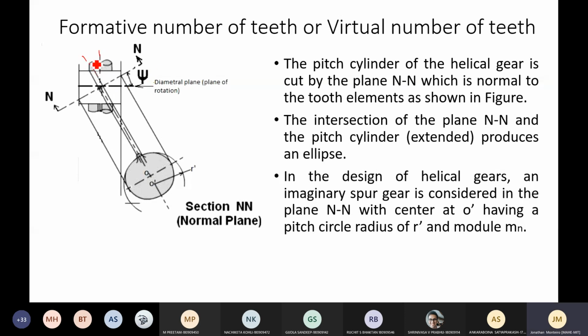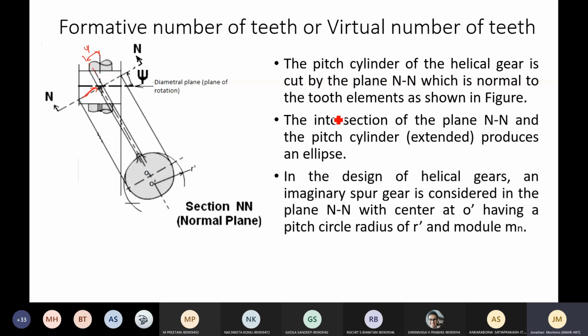You can either write it here, this is also a helix angle psi, or this one also. Because both are alternating angles over here, by trigonometry or general geometry you can understand that this psi is also equal to this psi, or the helix angle itself. Now, since the load, the final load, that is when one tooth is engaging with the other tooth, the forces are always normal to the surface of the tooth, and they are getting pushed by one onto the other.